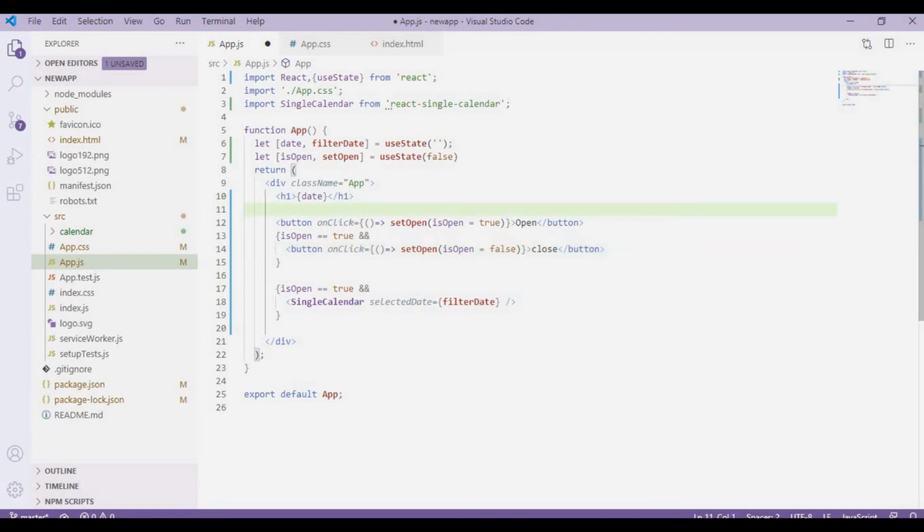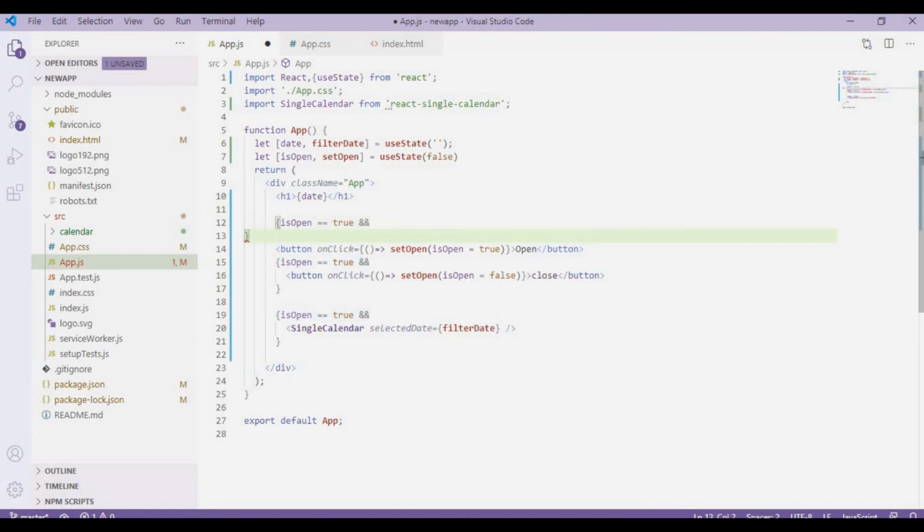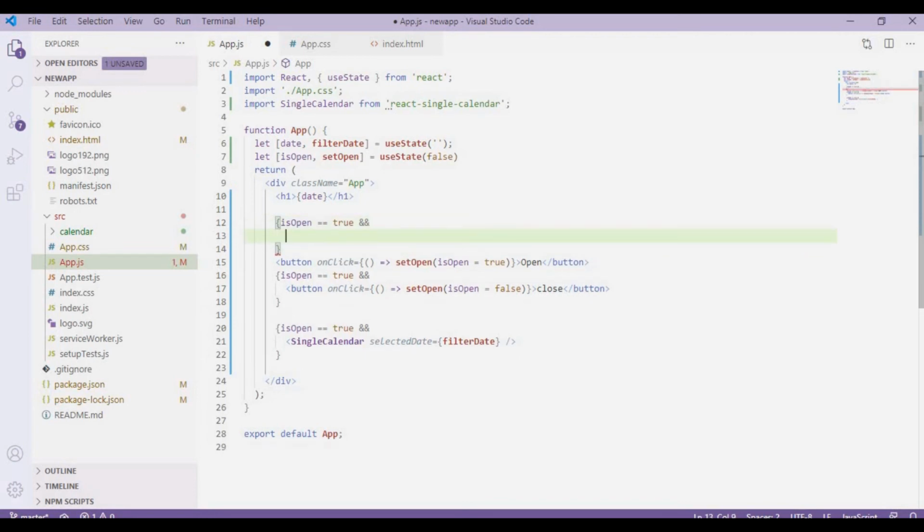And another condition. So this is a basic example of using React single calendar. You can use your own way of conditional rendering of this JSX.